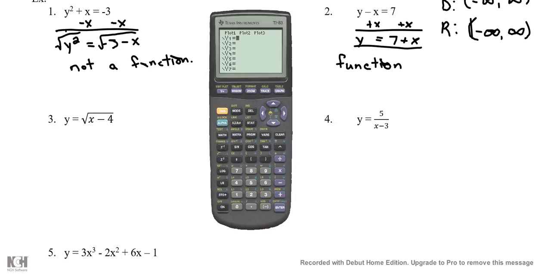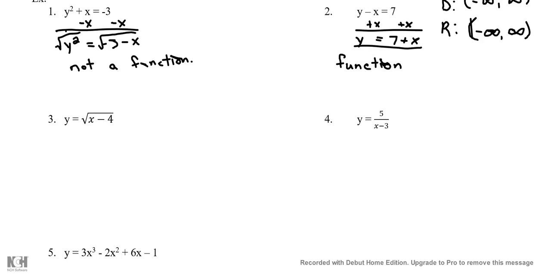The square root button is yellow and above the x squared, so we have to hit second to get to it, and then push the square root button. X minus 4, graph, and that's going to give us a little unique graph that looks like it has a starting point and goes to the right. So our educated guess here is that the domain is going to start at 4